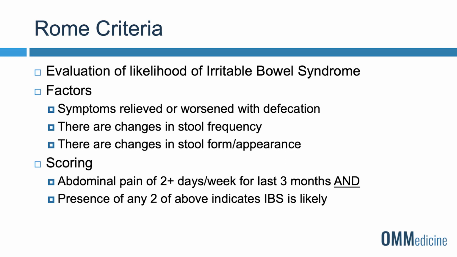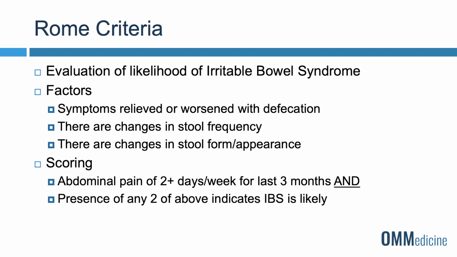the following 3 factors. So the symptoms that you are having will need to be either relieved or worsened with defecation. There will need to be changes in stool frequency, or there will need to be changes in stool form or appearance. And so if you meet 2 of those 3 criteria and you are experiencing the abdominal pain for 2+ days of the week for the past 3 months, then it is likely that irritable bowel syndrome is the